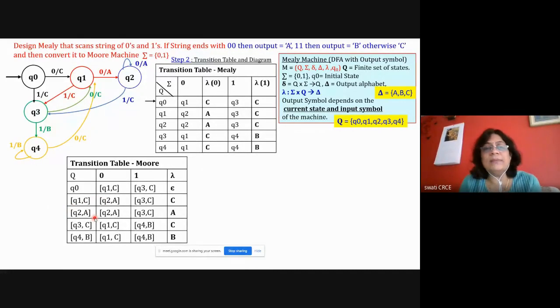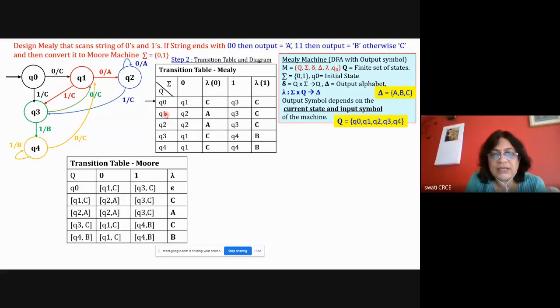But this problem is a simple problem. So here there is no confusion for all the states. So we'll solve the simple problem first. Have you understood? For Q0, we have written down Q1C and Q3C. Now you take Q1. Next state is Q1 here. But when you are considering Q1 here, all the Q1 states are generating the output C. So you take the state Q1 with output C, and write down that it generates the symbol C. And now draw the transitions.